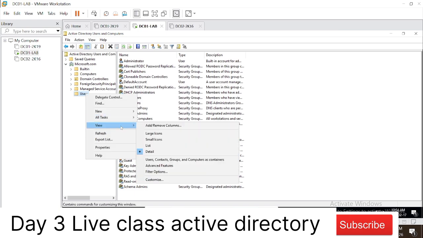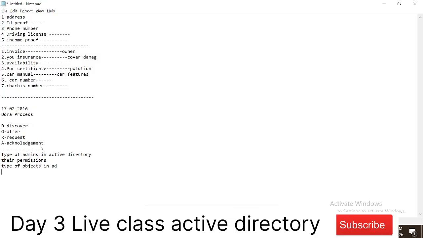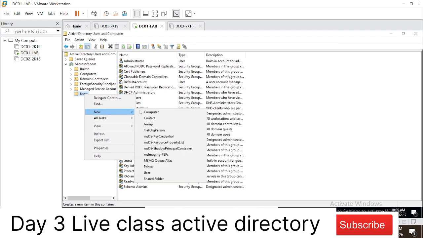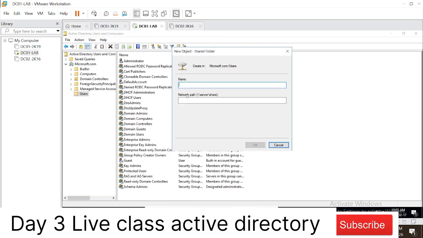So when you go through the topics, the next topic will be Active Directory FSMO roles. In FSMO roles, one of the critical roles is called schema master. The schema master role decides what attributes will be created whenever we create a new user or new object in the organization. So schema master is the main backbone of all of Active Directory.